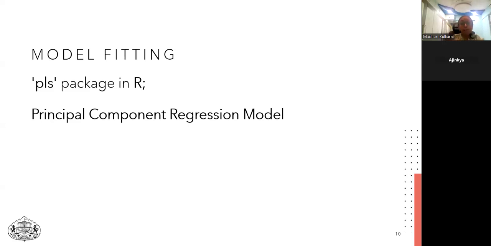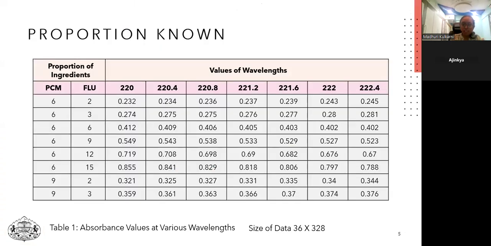The question was, what will happen if the regressors, the quantities which are influencing the quantity of interest, are themselves correlated? See here, in this context, these wavelength values are so close. Do you think absorbance values are going to differ drastically if you change the wavelength just by 0.4? They are not going to differ drastically. They are going to be very close. So when I calculated correlations between this column and this column, the answer was 0.99999. So I was getting a very, very high correlation among these values.